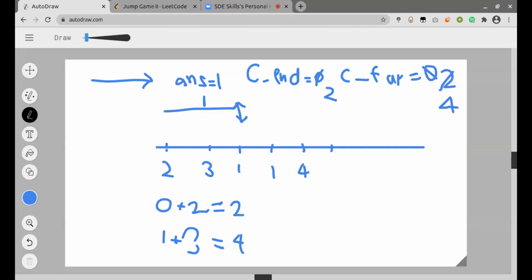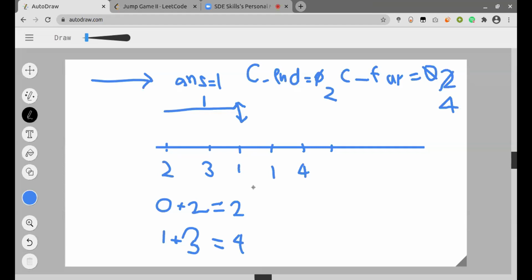But at 2 I am taking one jump. That's not your correct answer, right? Because the correct answer would give you the best. At 2 the answer would be 0, but we are setting it as 1. Okay, let's see how this works now.